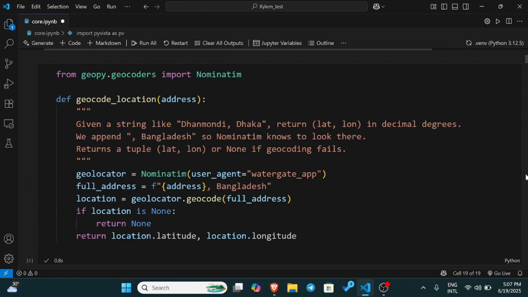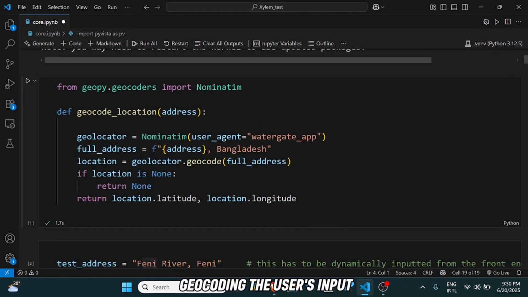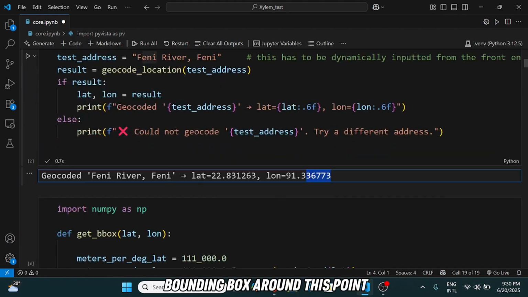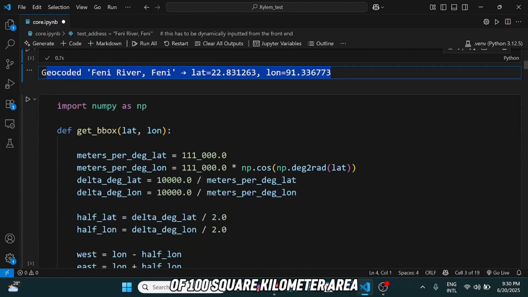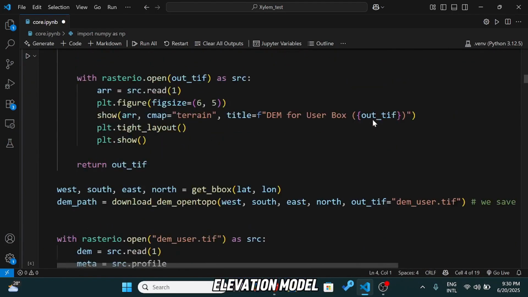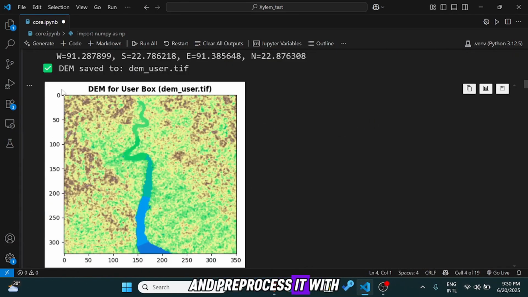works under the hood. The first step is geocoding the user's input. We use Nominatim from OpenStreetMap to convert this into precise coordinates. Next, we define a bounding box around this point of 100 square kilometer area. With the bounding box set, we download a digital elevation model, or DEM, from OpenTopography and pre-process it with